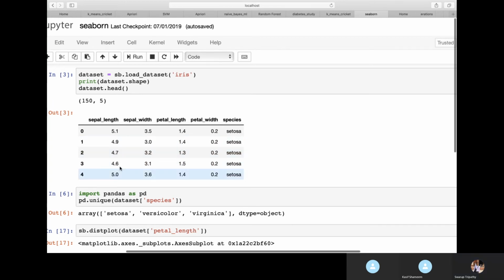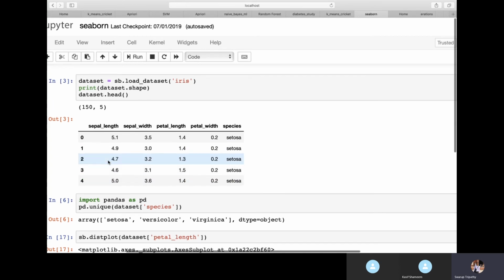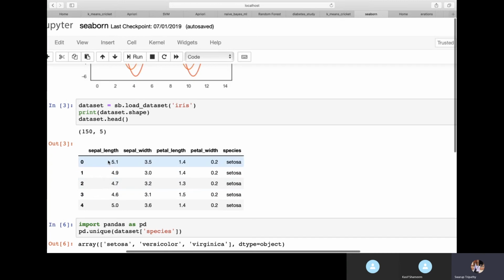So to analyze continuous data, which type of plot should we use? Can you name any plot we can use to analyze continuous data? We have already seen it in Matplotlib, right? Should we use a bar plot or a histogram? There are two plots, right? Yes, histogram we can use for continuous data study. Bar plot is for categorical data.